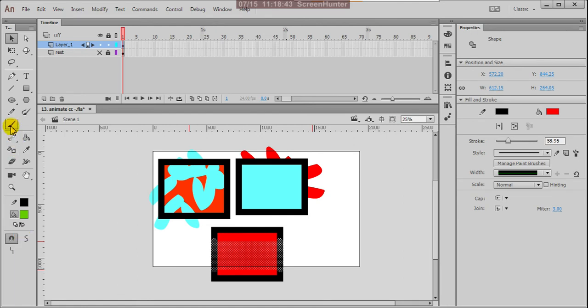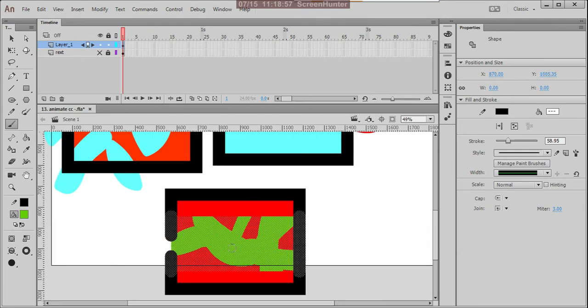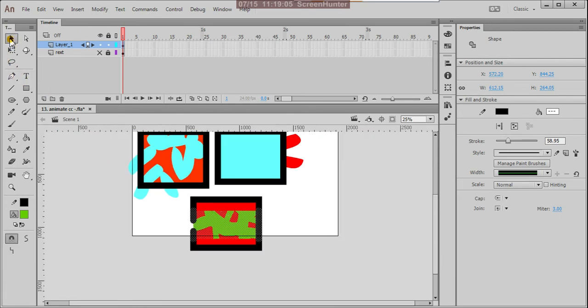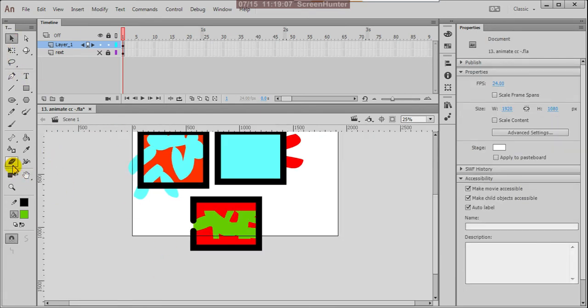I paint only that selection area. See, only where the selection is, it takes color. Other areas, even if you fill them, do not take it. That is the option.